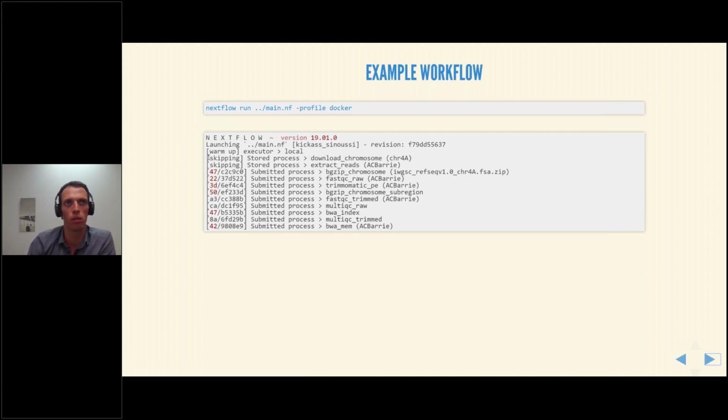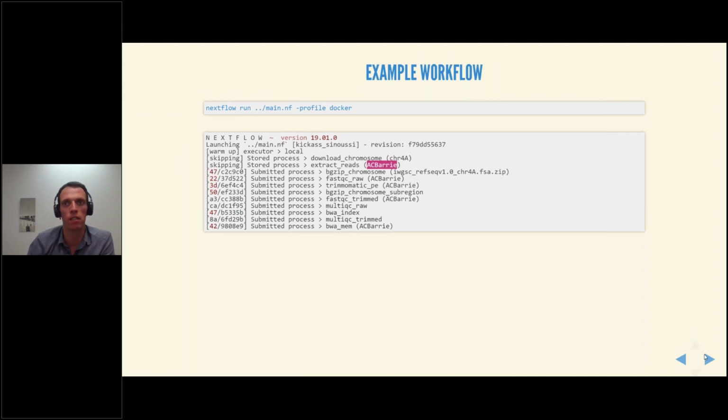As I mentioned, the store there process, because I've previously already downloaded the files in an earlier run, those two steps, those two tasks are skipped. Our reference is already there, and the reads for one specific accession that we're running it for this time is already there. So these two are skipped. Everything else is submitted and executed. So the various steps are executed.